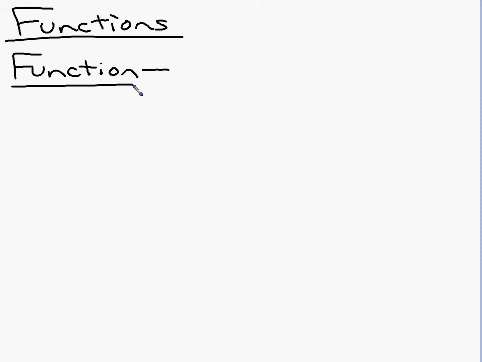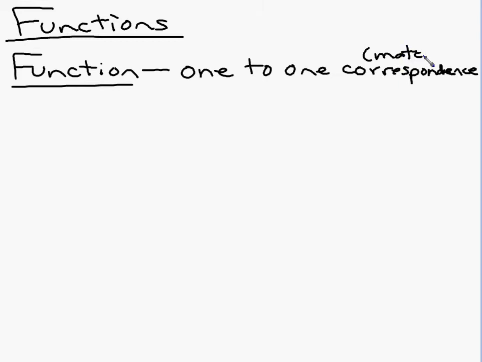A function is a one-to-one correspondence. Now, I know that's a fancy word, but we're really just talking about matching. Okay? When we say a one-to-one correspondence, we're talking about an x being matched to a y. It's a one-to-one correspondence such that